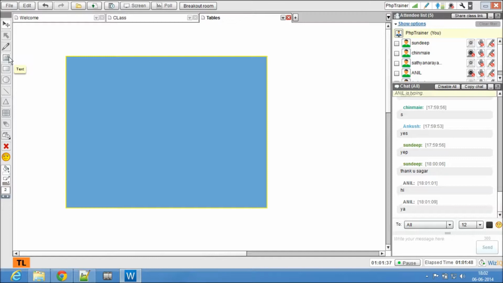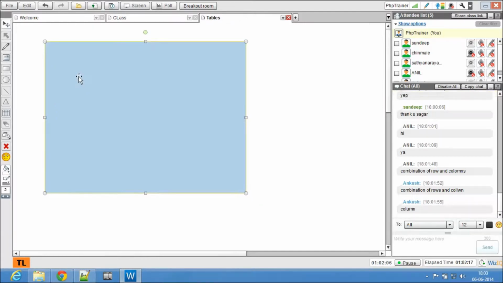Now let's forget about what is a table. A table is a table, right? It has rows and columns. Fantastic. It has a combination of rows and columns. Great, good job. So where do we use tables? You go anywhere on the web, you take any web page, they'll use at least one table in any of the pages. So a table is used to show data in a structured way.